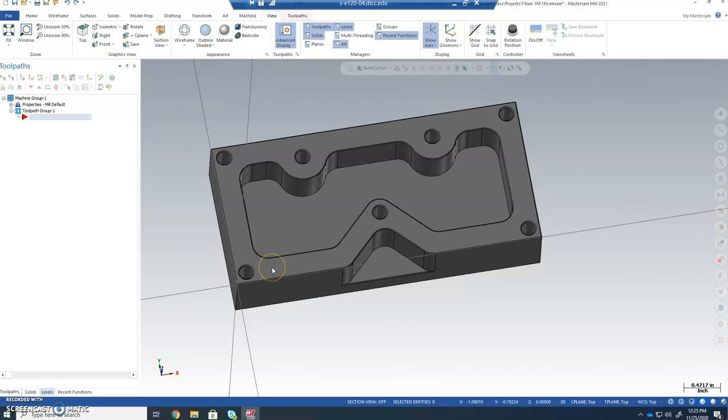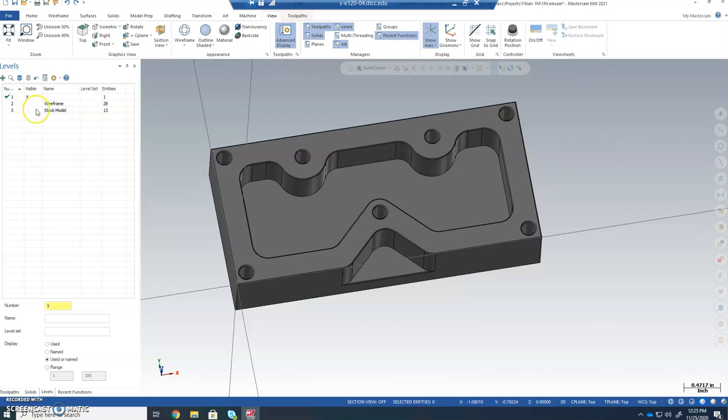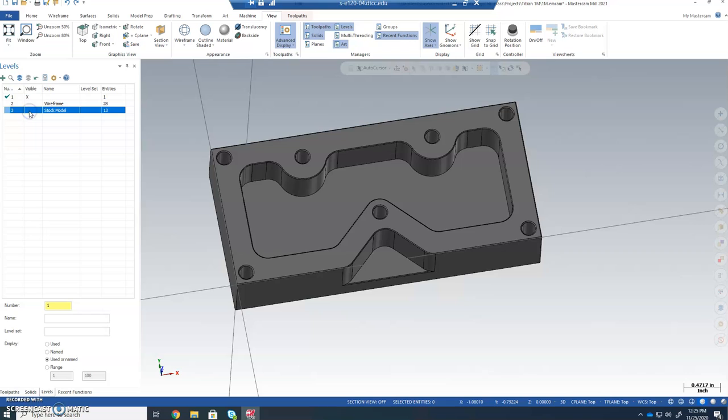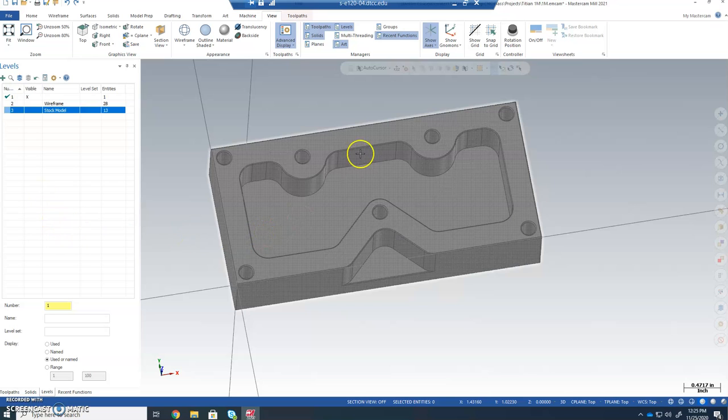So we left off trying to figure out the appropriate way to do a stock model. I understand that it was very difficult using the levels and such to create a stock model. To do it just like it was shown in the Titans of CNC video doesn't necessarily work well with Mastercam 2021, in that unless the stock model is placed where it should be,